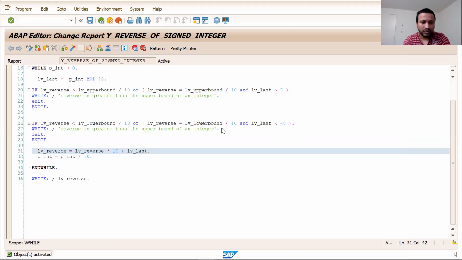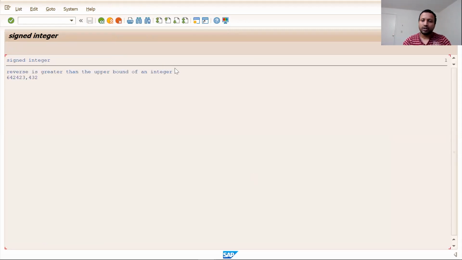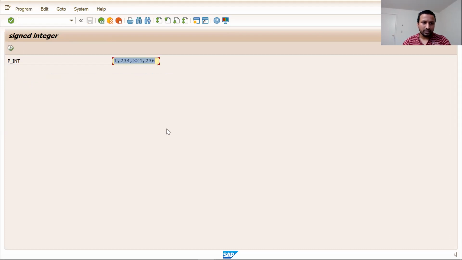Now we will enter 1 2 3, a bigger value, 5 6 something. Is it bigger? Yeah. So we have entered a 1 billion number. See, the reverse is greater than the upper bound of an integer, and because of that we could not get the reverse of it.